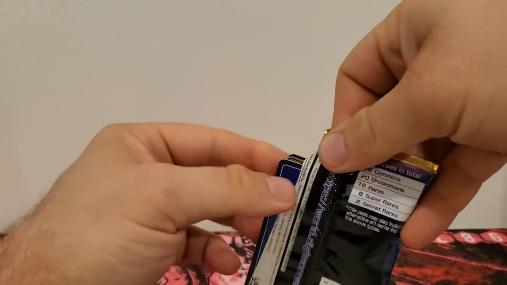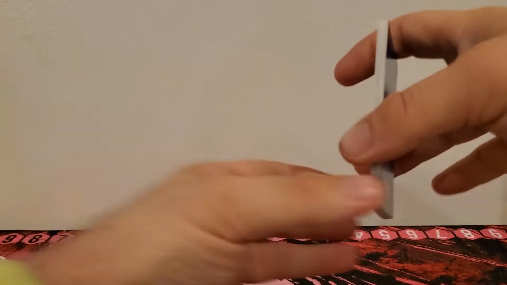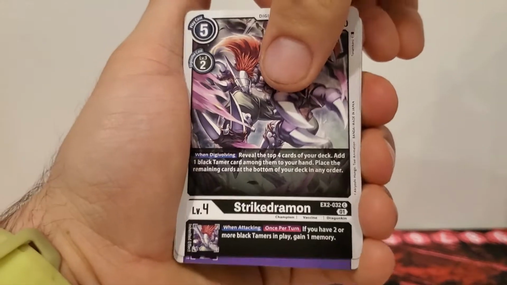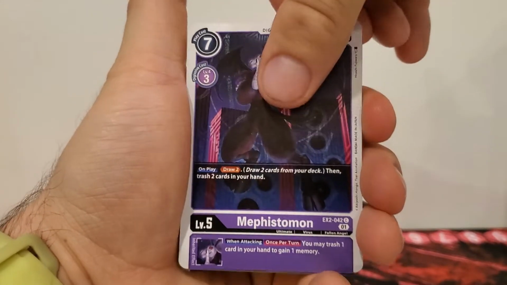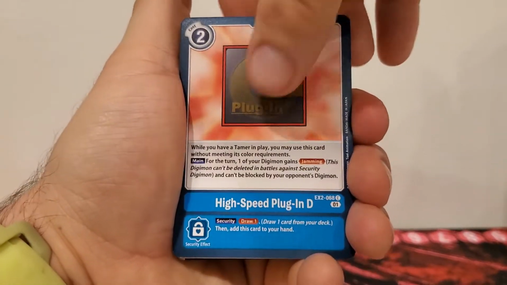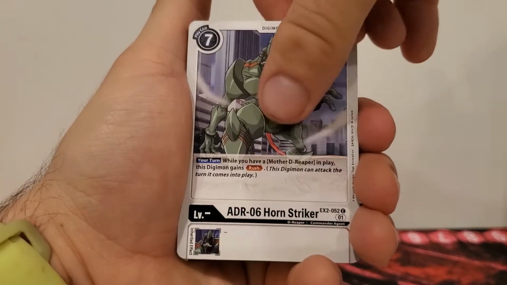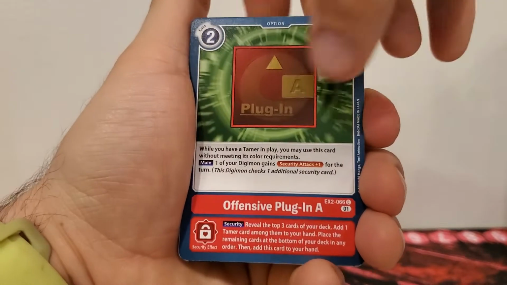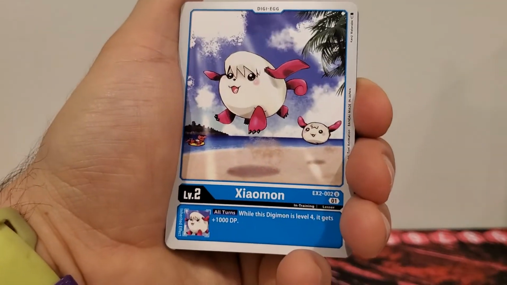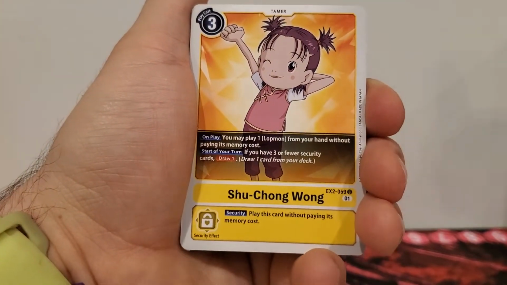Second pack. I'm seeing a baby. Starting off with Strike Dramond, Mephistomon, Ground Locomon, High Speed Plug-in D, Creep Hands, Horn Striker, Offensive Plug-in A, Searcher, Xiaomon, Sun Chong Wong,